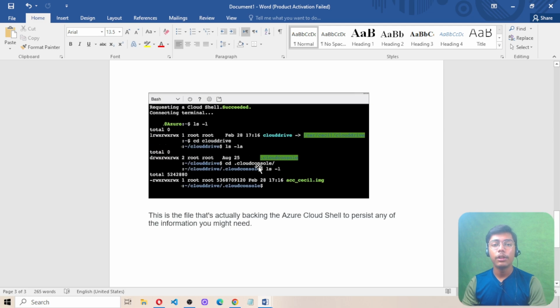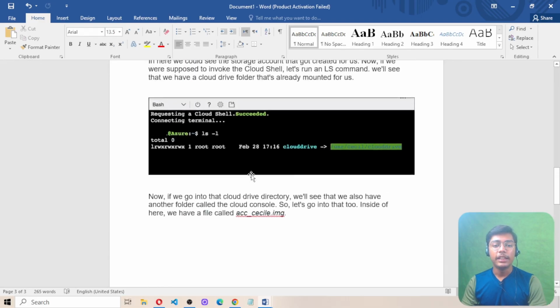So you can also change the location of your folder if you want to change, and you can just move on to this ACC file. You can redirect to this file, and after redirecting to this file, you can just write the name of your application or the data which you have stored in it. So you will be getting the data mounted which you have stored in your storage account, and that's the way you can use it with Azure PowerShell, or you can say Azure Shell as well,